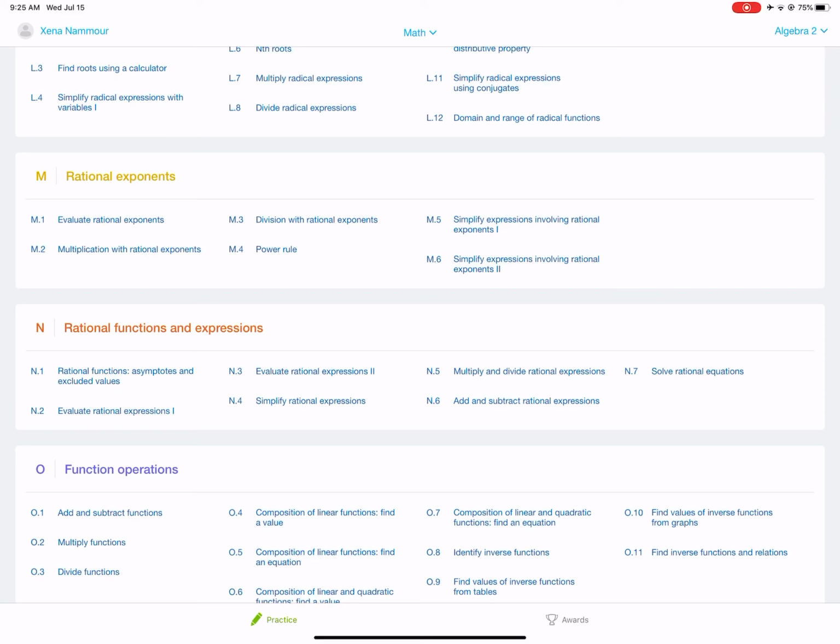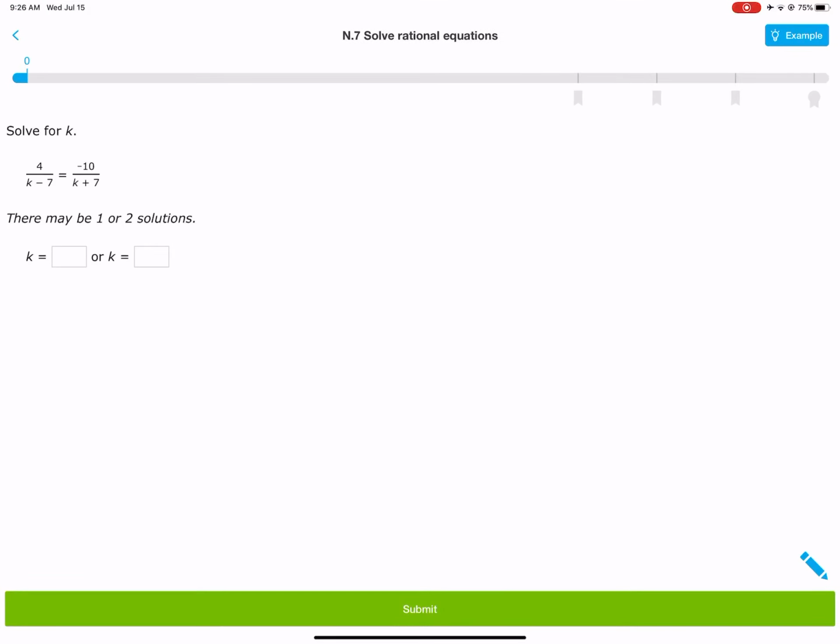And our last one is we are solving rational equations. So it is N.7. And the way we are going to solve this is we are going to use cross multiplication. So we're going to multiply like that. We're going to multiply these two. We're going to multiply those two. So we got k minus 7